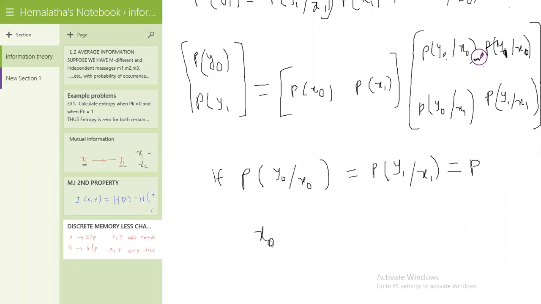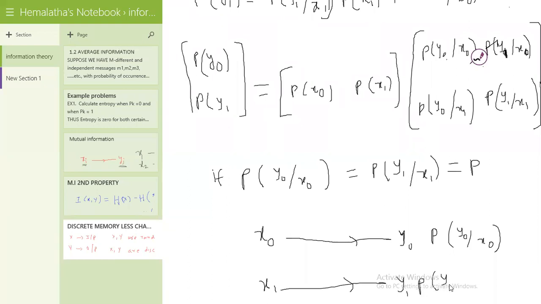So this is x0, one input, x1 is the other input. So when x1 is transmitted, the output is y0 with probability p of y0 by x0. Directly. These values are equal, that is p, here p, so here and another one here, this indicates that p of